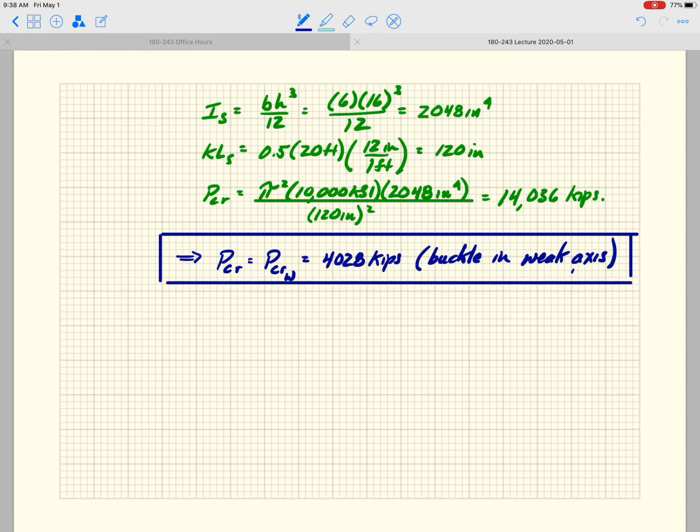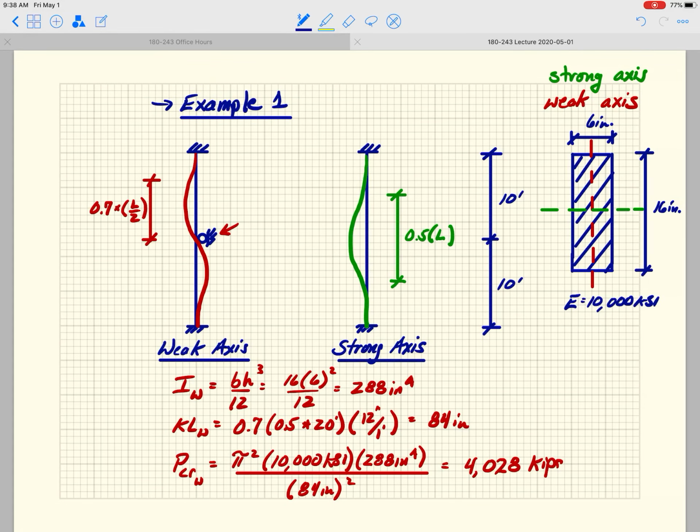This right here is the solution to the problem. You needed to check both. So I've got 14,000 kips in the strong axis, and I had 4,000 kips in the weak axis. Since 4,000 kips is less, that's all this column can take. Now, what could I do? How could I change it? Well, maybe I could